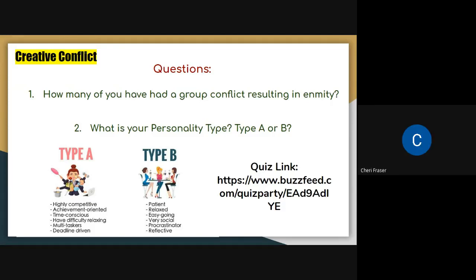When I do the quiz, to be honest, I always get type A, but I don't think I'm actually a full type A because, while I'm very achievement oriented, I'm not that time conscious. I kind of take my time and really build my work to a level that I'm happy with or contented with. So I don't know. I think I really kind of merge or might have to take a look at what the type C personality really is.